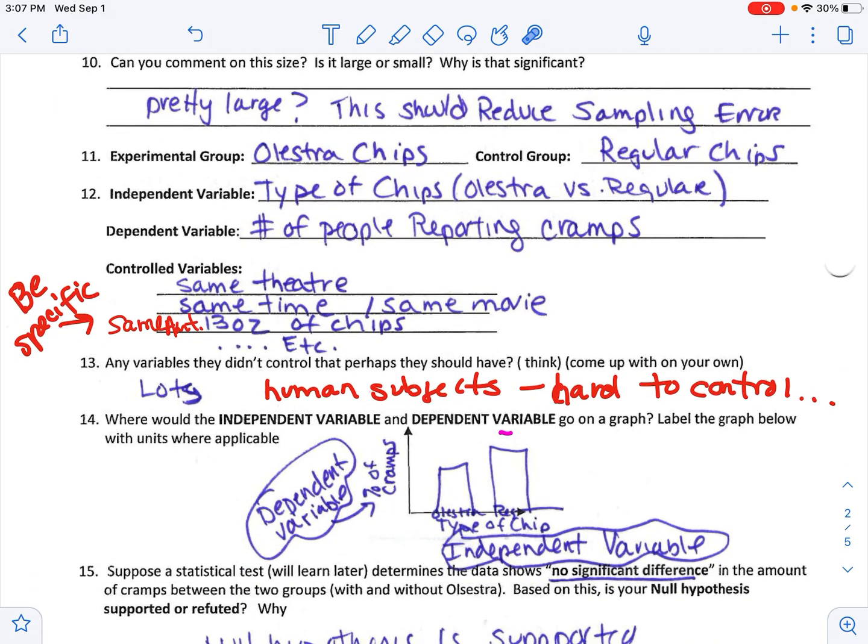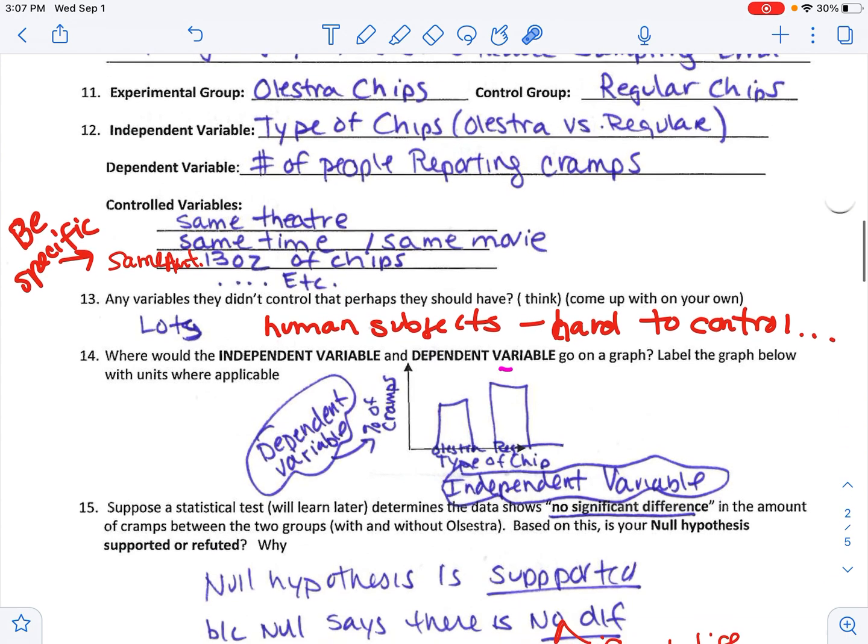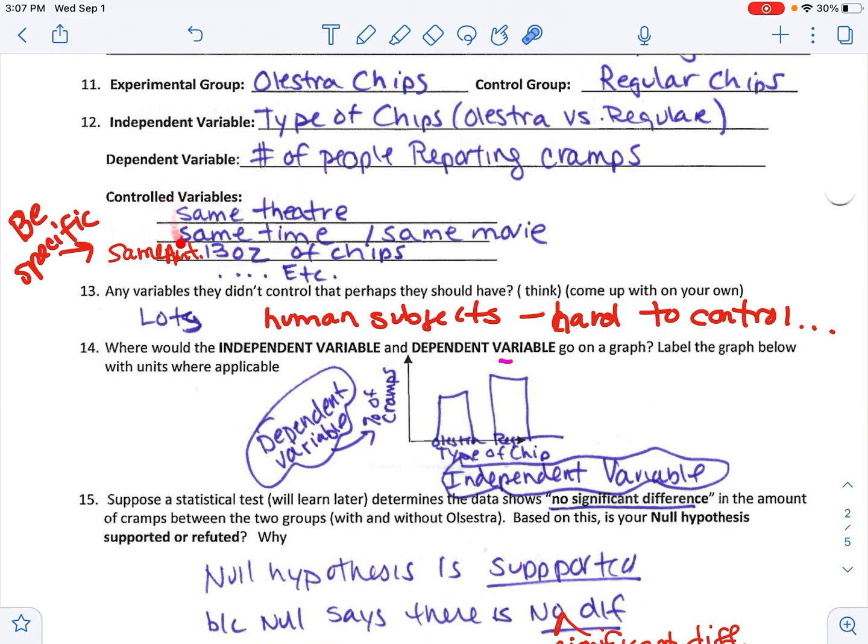I'm assuming everybody's good with the experimental group, control group, the variables. I think this is pretty easy. One thing people lose points on in labs and quizzes is when I ask you to tell me the controlled variables, the things you're keeping the same that you're not testing, a lot of people try to just sum it up and go, okay, my controlled variables are temperature, light, or not, that doesn't apply to this one, but